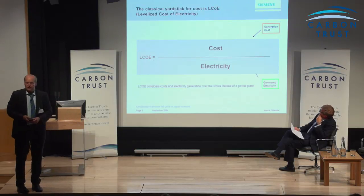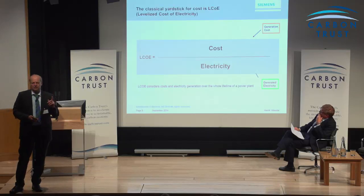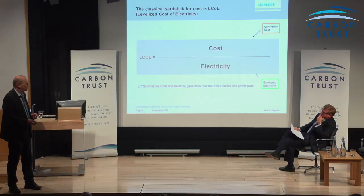And this is of course what it's about. It's the cost per energy. That's a fundamental formula. But we do use the term levelized. With levelized we mean that we discount our costs and our earnings. In other words, we look at the net present value. And that makes the actual formula look a little more complicated,